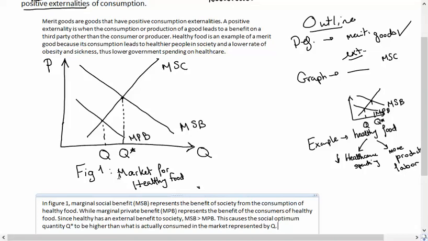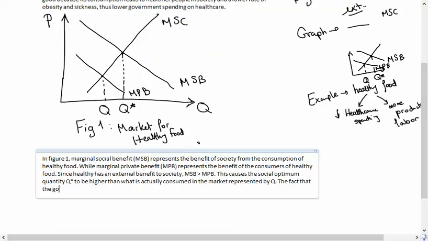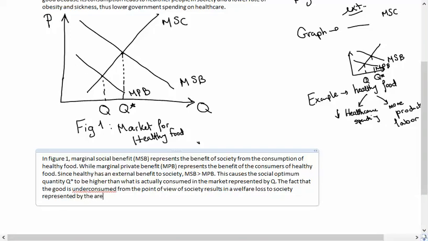And this is our ending of the answer to the question. And you can add this sentence. The fact that the good is under consumed from the point of view of society results in a welfare loss to society represented by the area of triangle